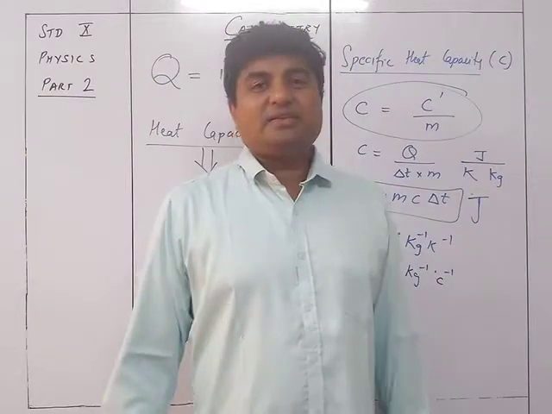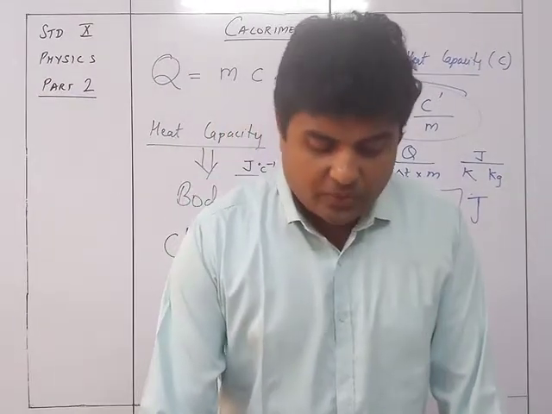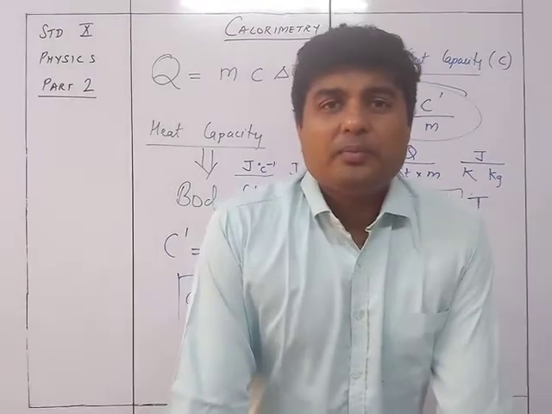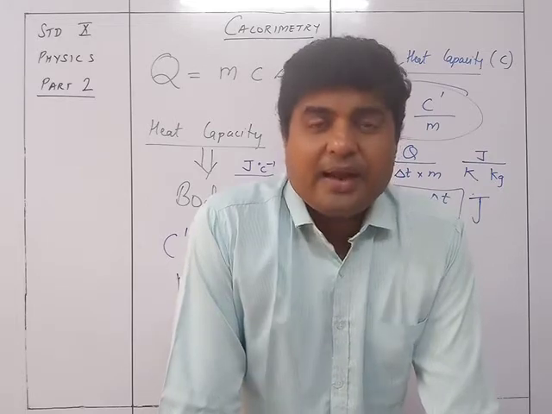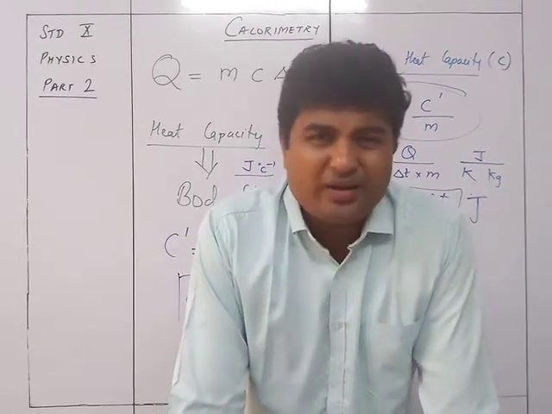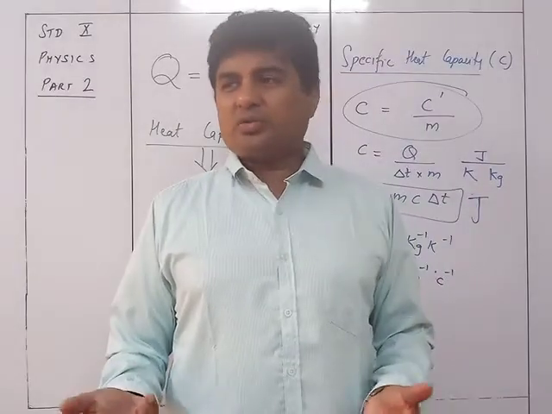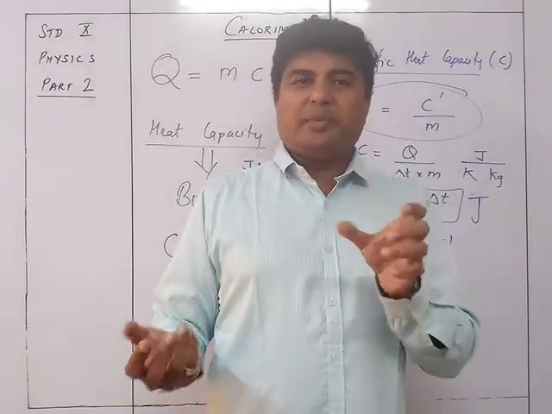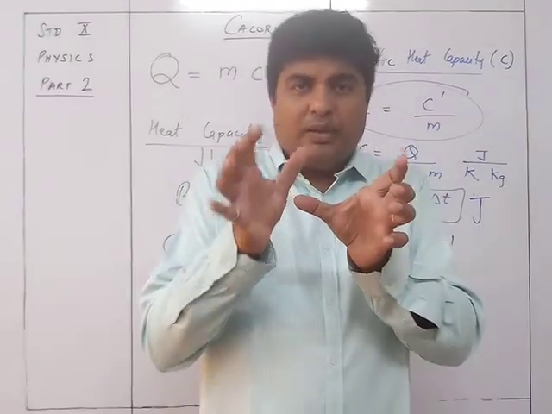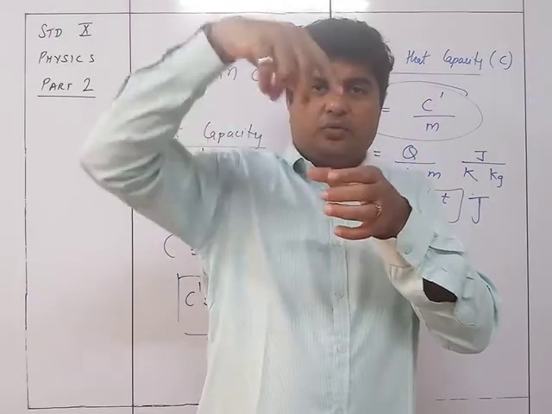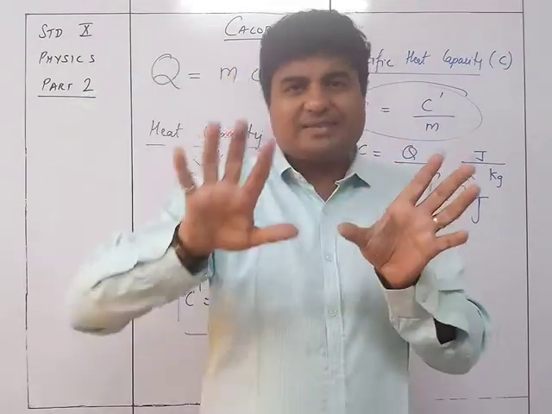Now we see the way we are going to measure heat, and that is called calorimetry, and the instrument we use is a calorimeter. A calorimeter is a very simple device. Why do we even call it a device? Because it's just a simple glass, a simple beaker, with a lid that has two holes: a thermometer goes through one hole and a stirrer through the other. That's it.